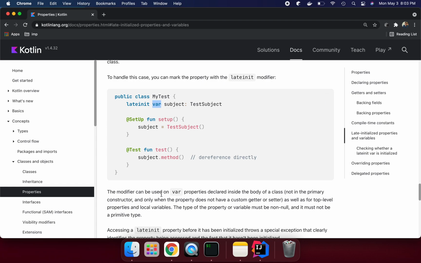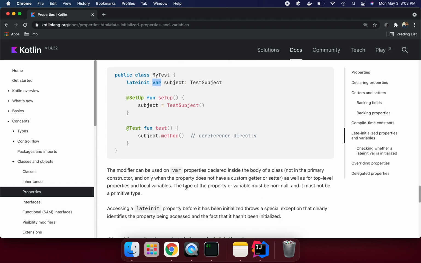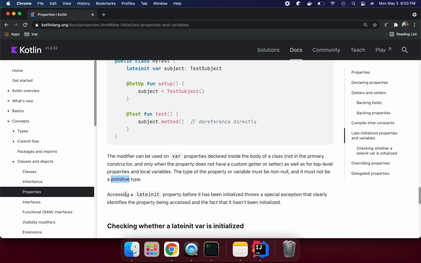The modifier can be used on var properties declared inside the body of the class, not in the primary constructor, so make sure you're not using the primary constructor. It can be used only when the property does not have a custom getter or setter, as well as on top-level properties and local variables. The type of the property or variable must be non-null, and it must not be a primitive type.